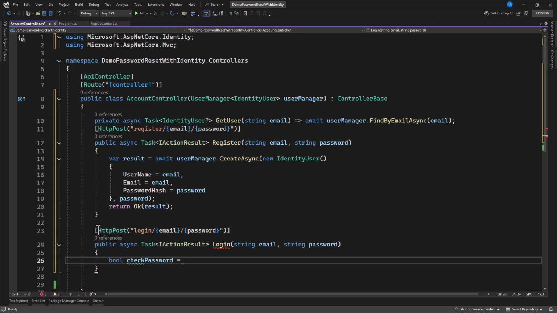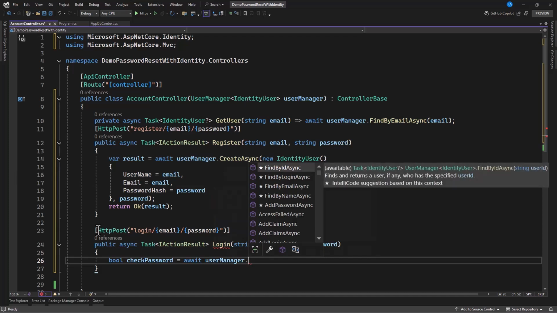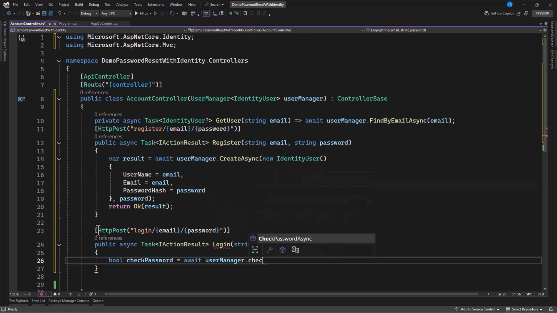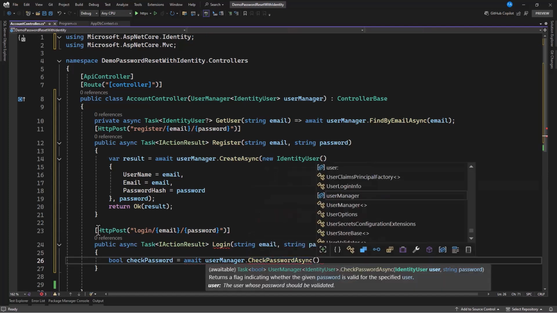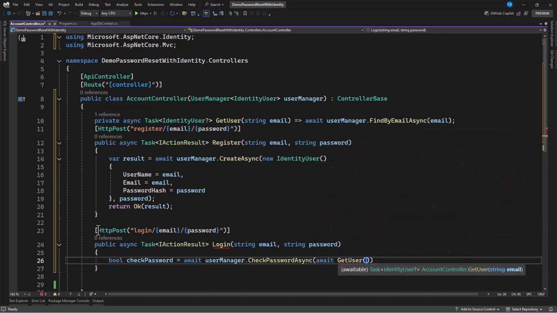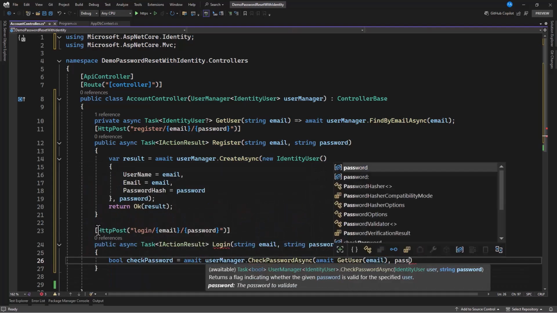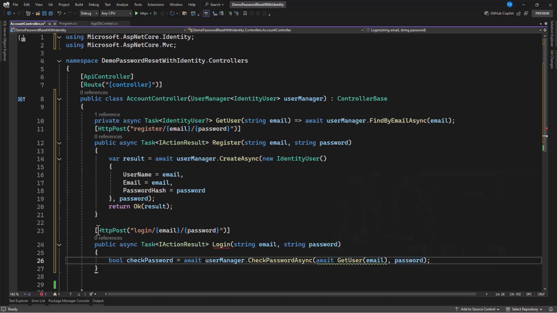So this password is equal to, we have an await, then we have userManager dot, we can have CheckPassword. So you can see we have CheckPassword, and now here we need user, isn't it? So we're going to say await, then GetUser, and I'll specify the email which gives us the user, and I'll add this password. So we're going to check in here. Let's make sure this is null, because it's possible of returning null. So now that we have this,